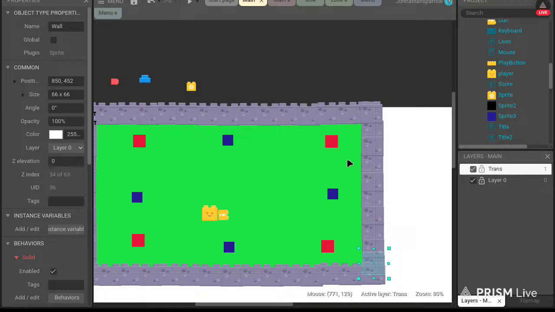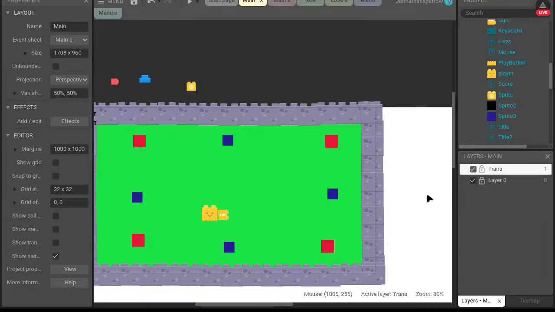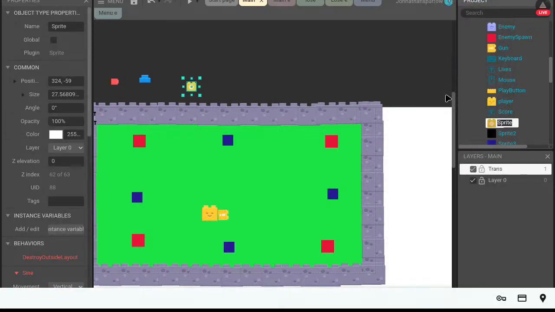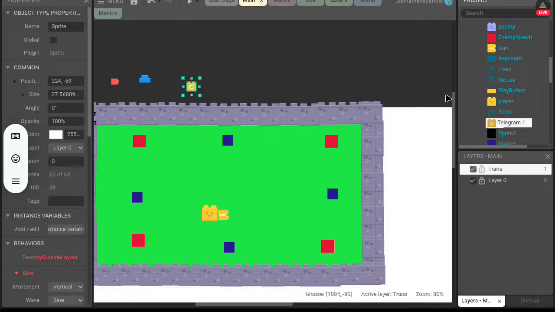Yeah, this is gonna take a little bit to straighten out, but I do like how it is. So I am going to do a couple things first. Rename. I'm gonna call this Telegram 1.